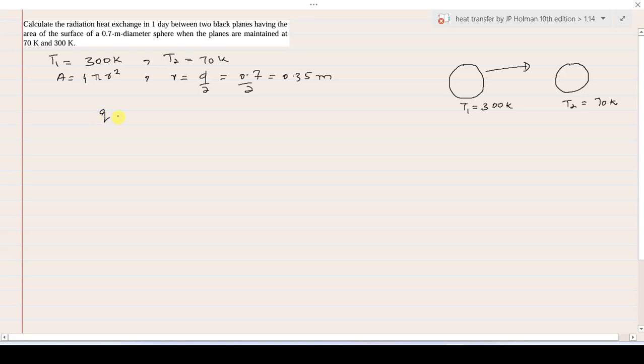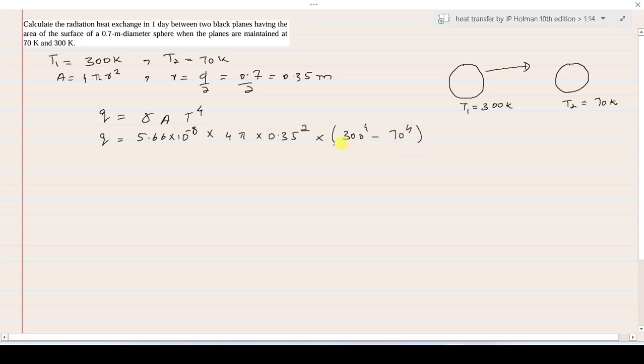Now the heat transfer is equal to the Stefan-Boltzmann constant, area, and the fourth power of the absolute temperatures. So what is the Stefan-Boltzmann constant? That is 5.67 multiplied by 10 to the power minus 8. What is the area? That is 4π r², and r² is 0.35 squared, multiplied by temperatures 300 to the power 4 minus